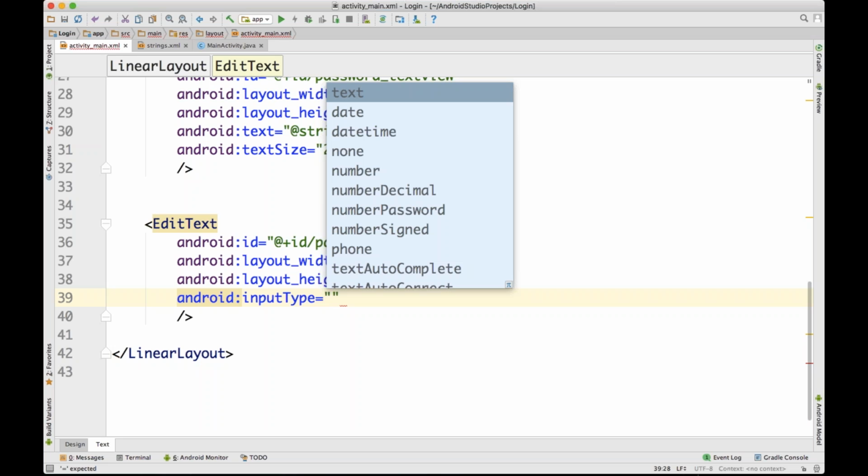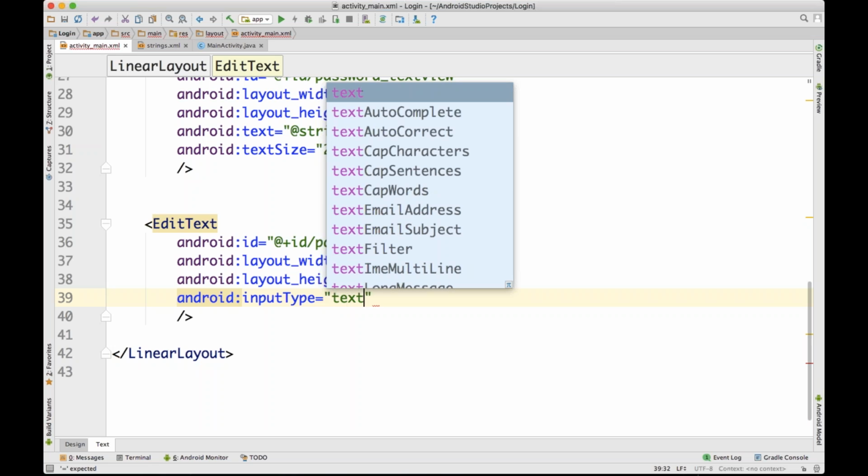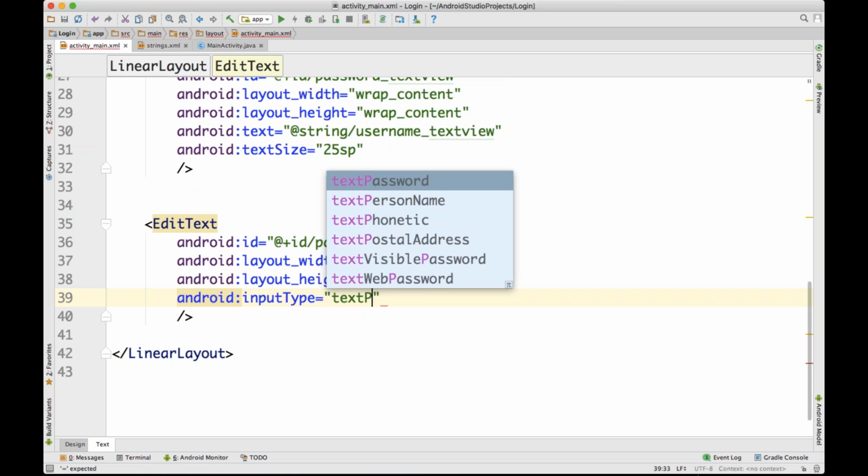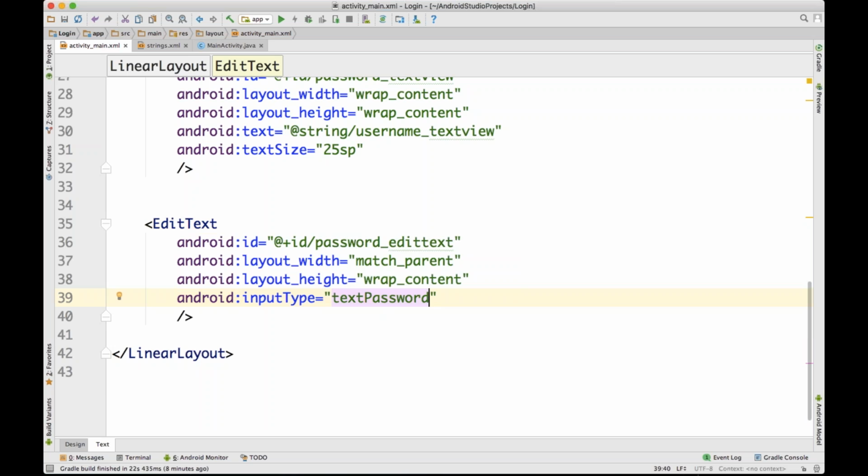So you need to tell the operating system what type of component it is, and if it is an edit text component, what type of value it can accept. So here I can say text password. So whenever the user starts typing inside the edit text, it will automatically convert all the characters into black dots. So let's say text password,